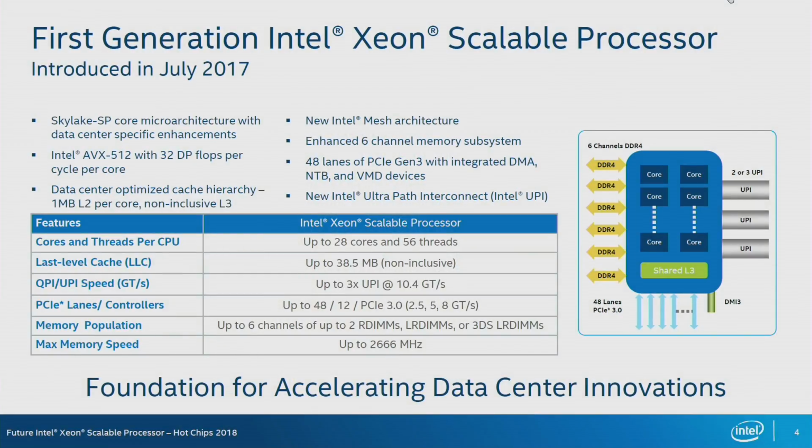So as a background, let me remind you all about what Skylake was. We introduced it and talked about it at Hot Chips last year. So Skylake was a new microarchitecture, and not just at the core level, but the entire SoC was brand new. So we brought in a lot of new features with Skylake, including